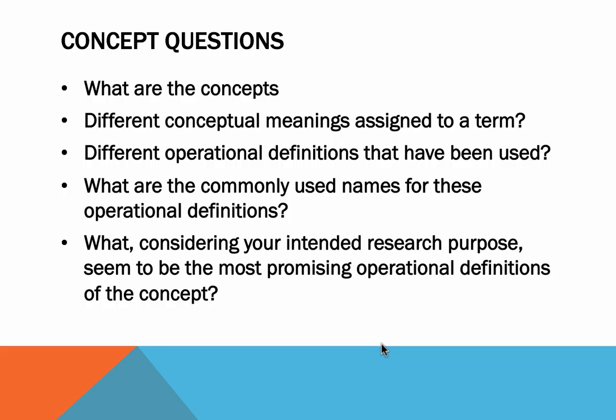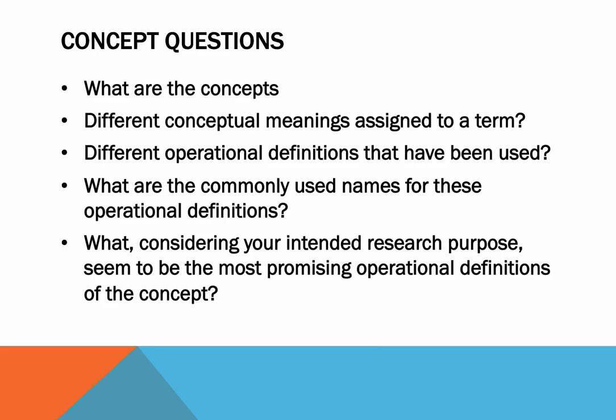And then you want to figure out what the different conceptual meanings are assigned to each term. So a very popular topic in these research method classes is engagement, social media engagement. So what does social media engagement look like? Is it liking a post? Is it hearting a post? Is it commenting on a post? Is it commenting once a day within a social media platform? Is it sharing news with somebody else? And so we have to define, first of all, what do we mean by the word engagement? And then how do we measure engagement?